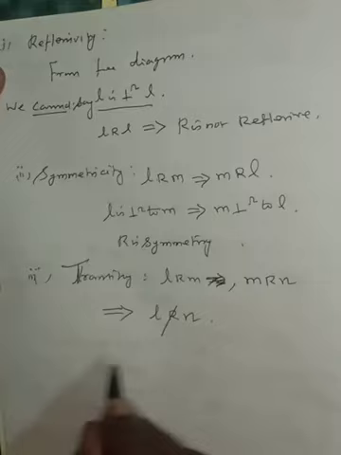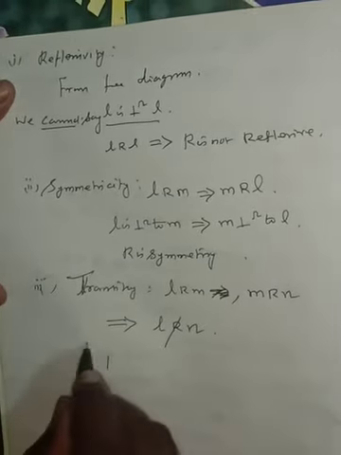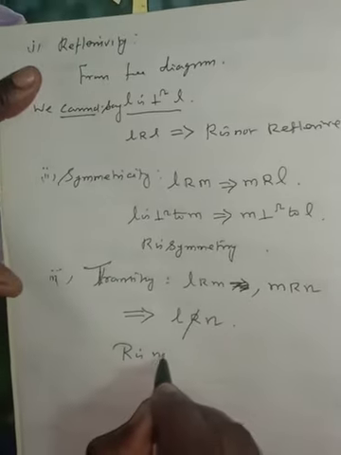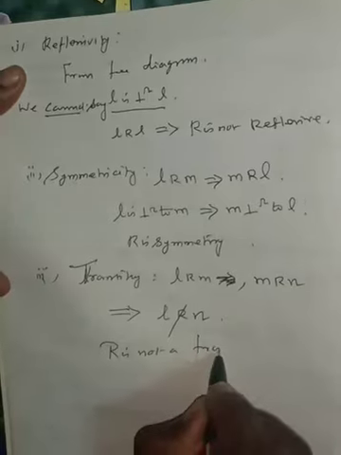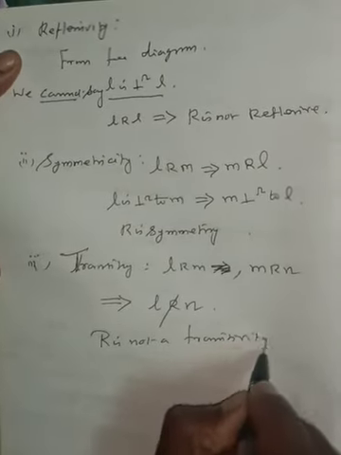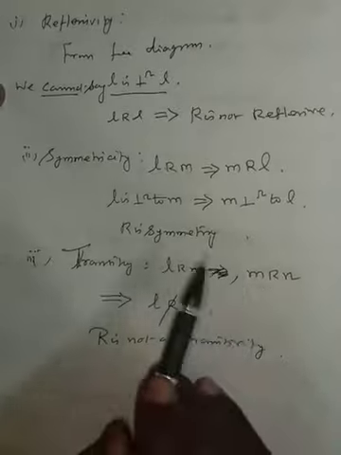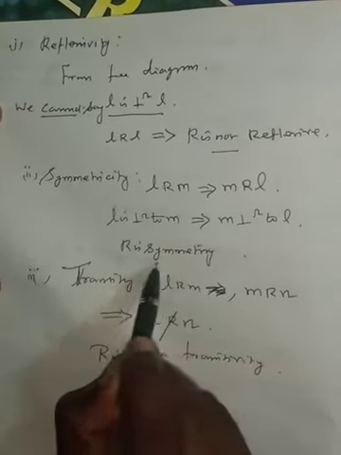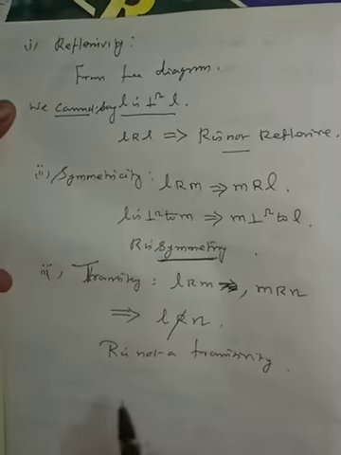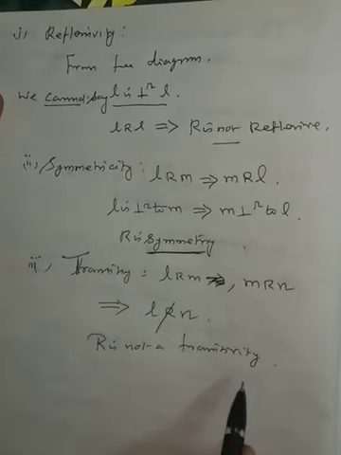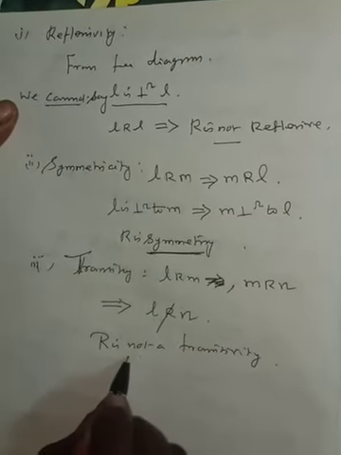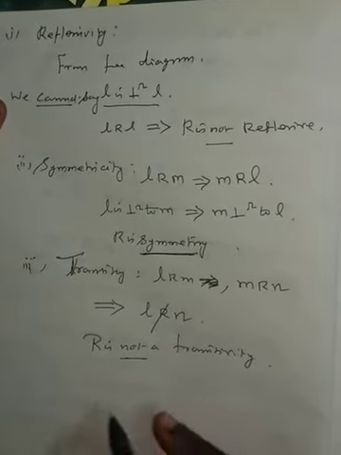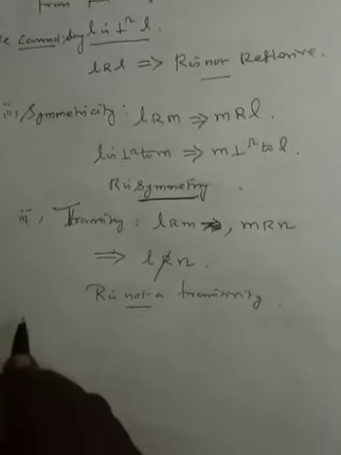So, R is not transitive. In this case, R is not reflexive. In this case, only symmetry holds good. Next, R is not transitive. So, two cases do not hold in the plane. Okay. Next, subdivision number 3.